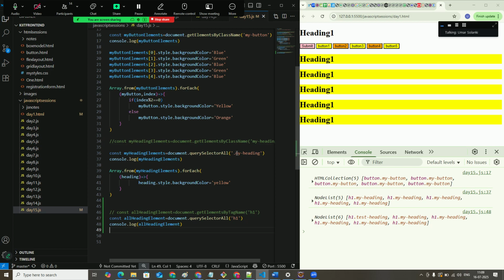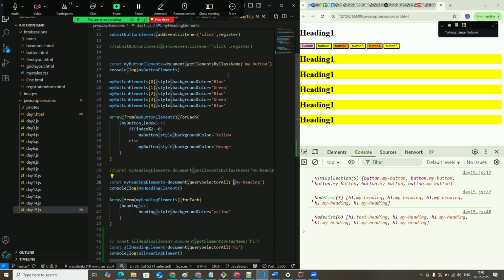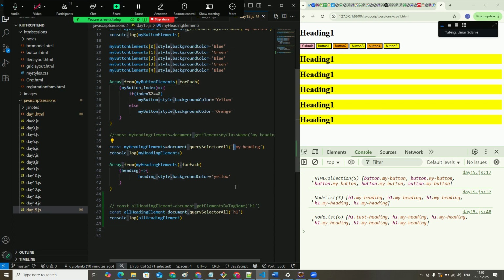So if I give a dot, it will target a class. If I give a hash, it will target an ID, and if I don't give anything, it will just target the tag. Okay. So if I have a div inside over here,